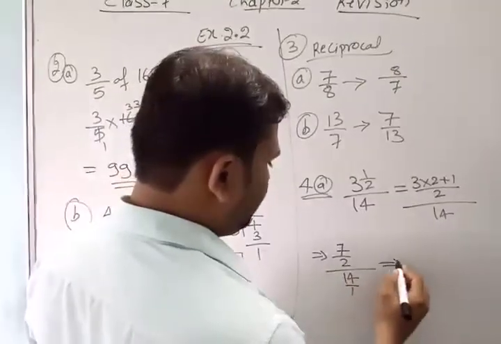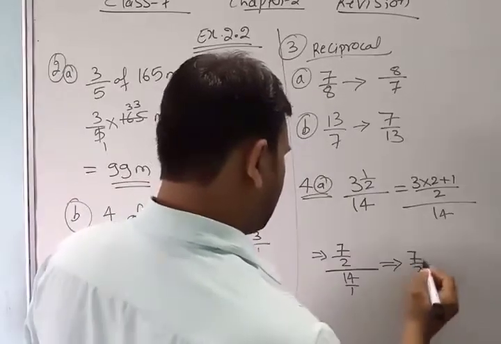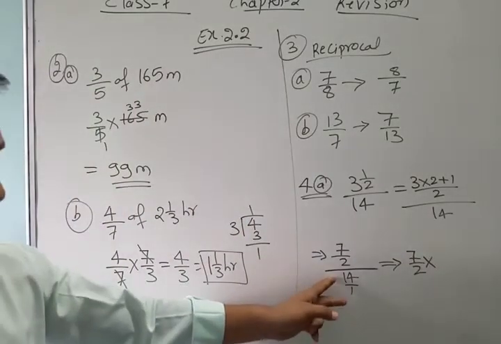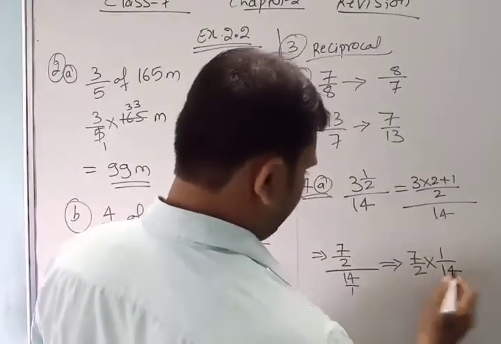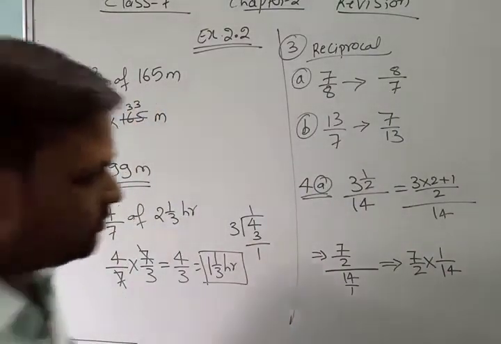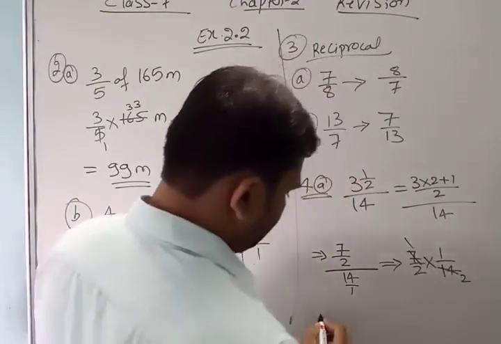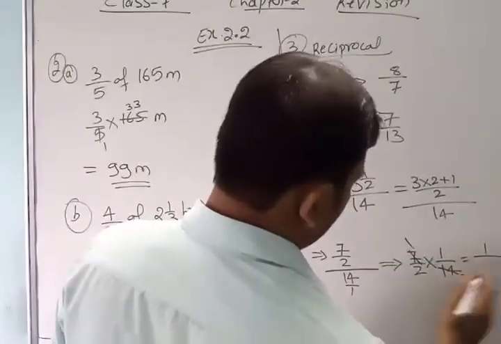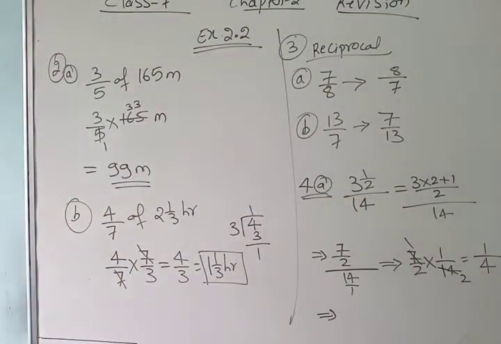In next step what we have to do? Write 7 by 2. ये जो all divide है ये मल्टीप्लिकेशन में कन्वर्ट होता है, then reverse the digit or interchange the next digit. It is 14 by 1, it is written as 1 by 14. So 7 ones are 7, 7 twos are 14. So it is 1 into 1, 1, 2 into 2, 4. So its answer is 1 by 4.